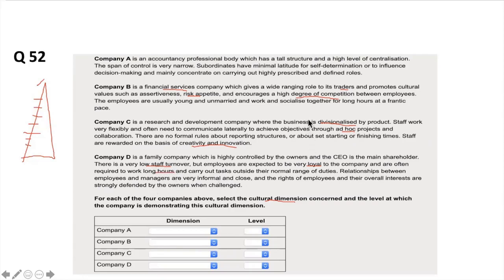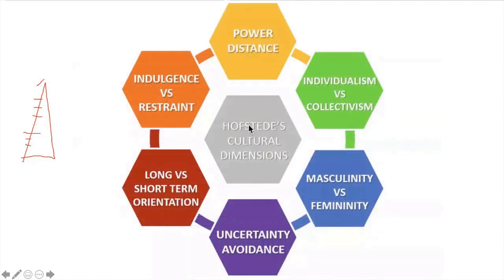Now, I want to show you a little bit of the theory. This is from Hofstede, by the way. So we have power distance, that would be company A. Individualism, that would be closer to company D, versus collectivism. That means when people look mostly to themselves and they're not collaborating too much. They're more individualistic. Collectivist would be the opposite, by the way.